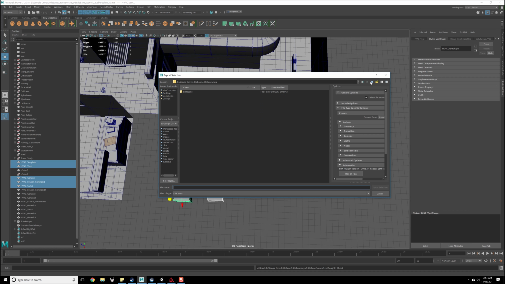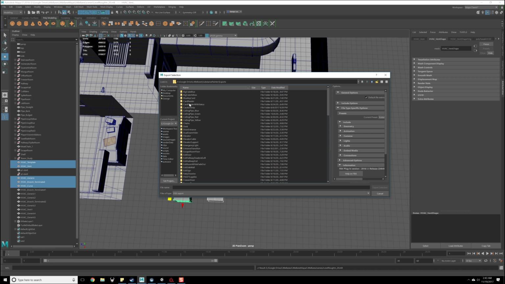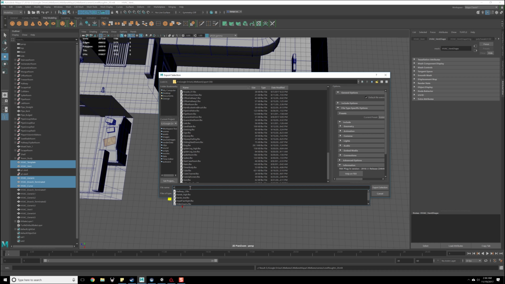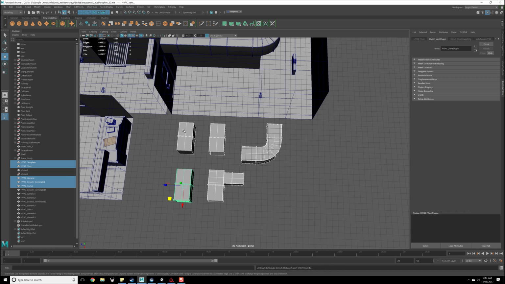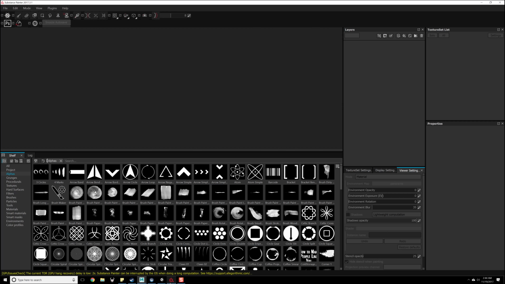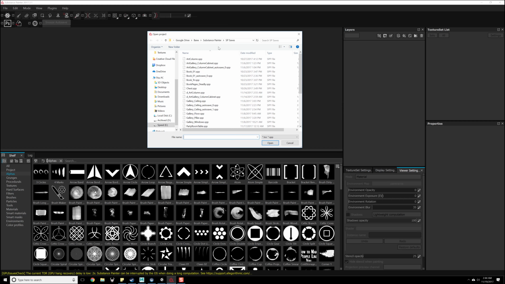Now let's go up to Substance Painter. There we go. Exports. Whoops. Where did I put this? Export OBJ. I guess I had done the wrong thing there. Okay, we're going to put them in here for now. We'll just call these HVAC. Hit enter. We'll go to Substance Painter, File, Open, and